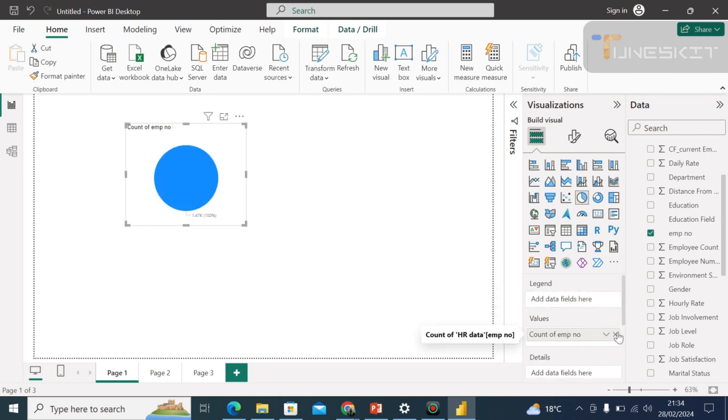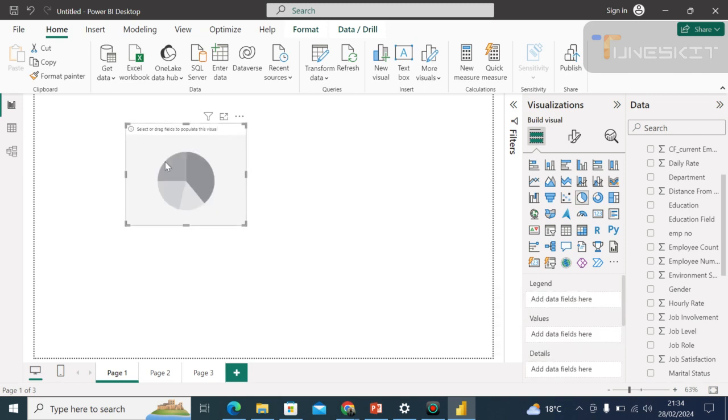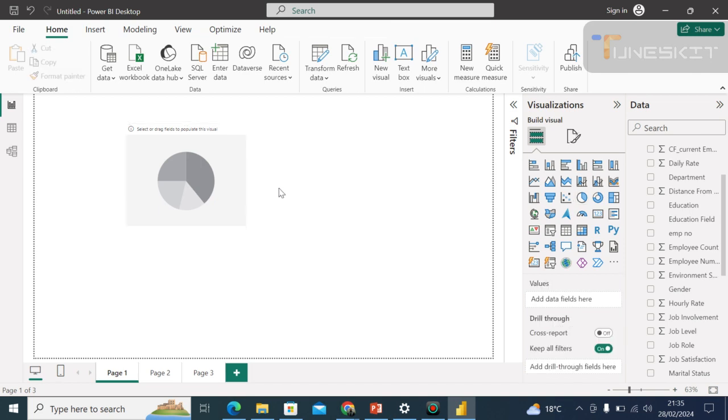You can simply, so you are having this blank pie chart, isn't it? Right? So I don't have blank ones. I can see the pie chart, and yes, you are having